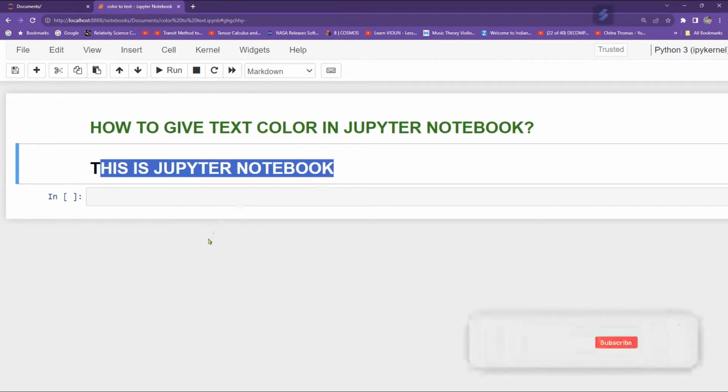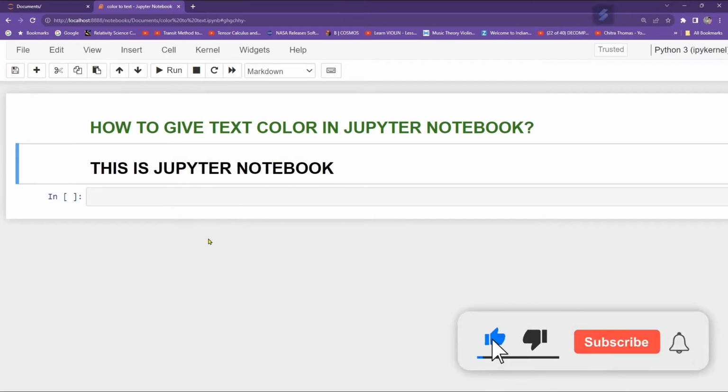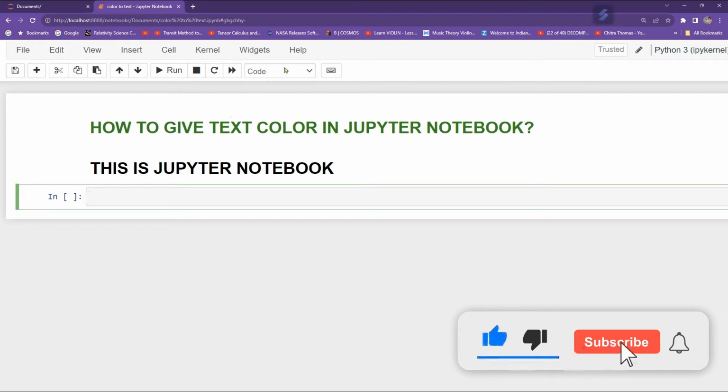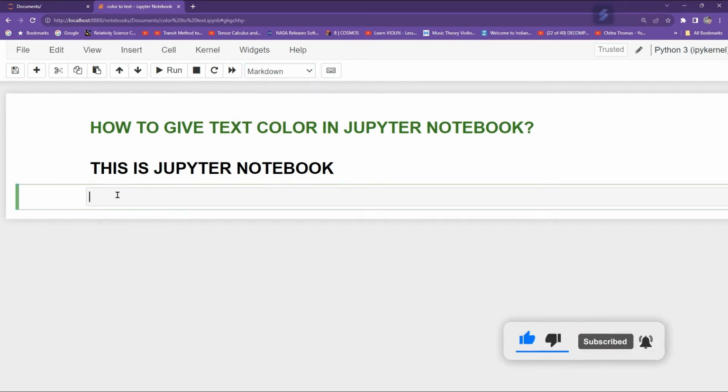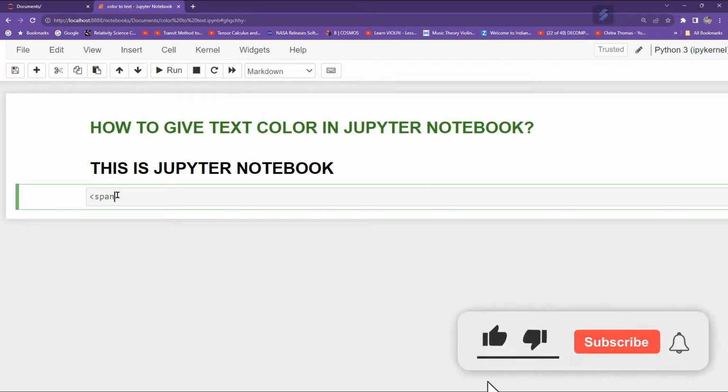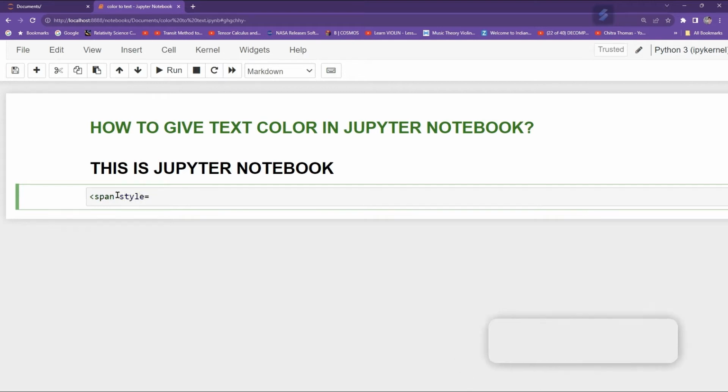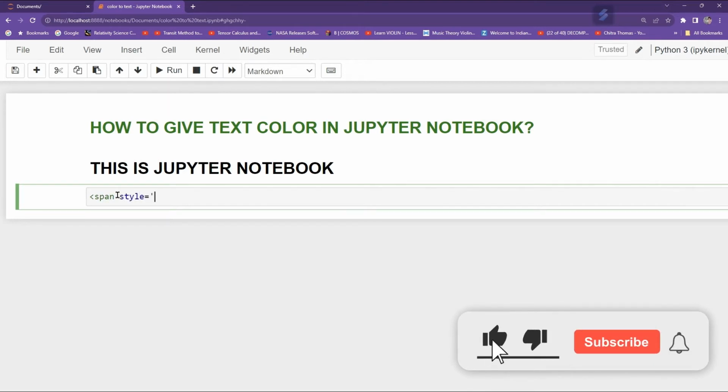Suppose you want to change this color to green, red, yellow, or cyan. So let's see how to do it. For doing that, go to the next cell, go to Markdown, and type the opening angle bracket, span, and then a style equal to, give it in an enclosed string, color such that red,